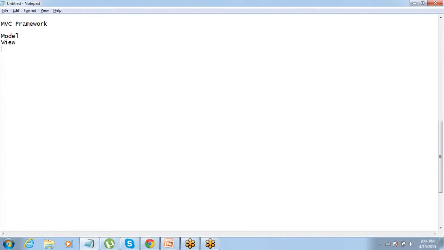Model View Controller. Okay. Vanita, do you have any understanding of what this Model View Controller is? Yeah, model represents the data model and view represents the user interface. Controller represents business logic. Okay, very good. Vanita, your understanding? Yes, I understand. You understand Model View Controller? Okay. Yes, I know.